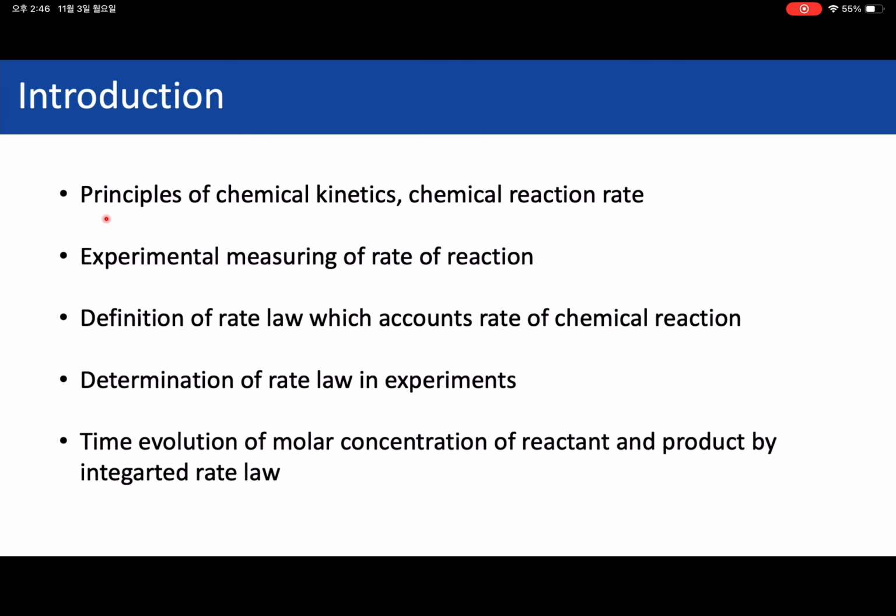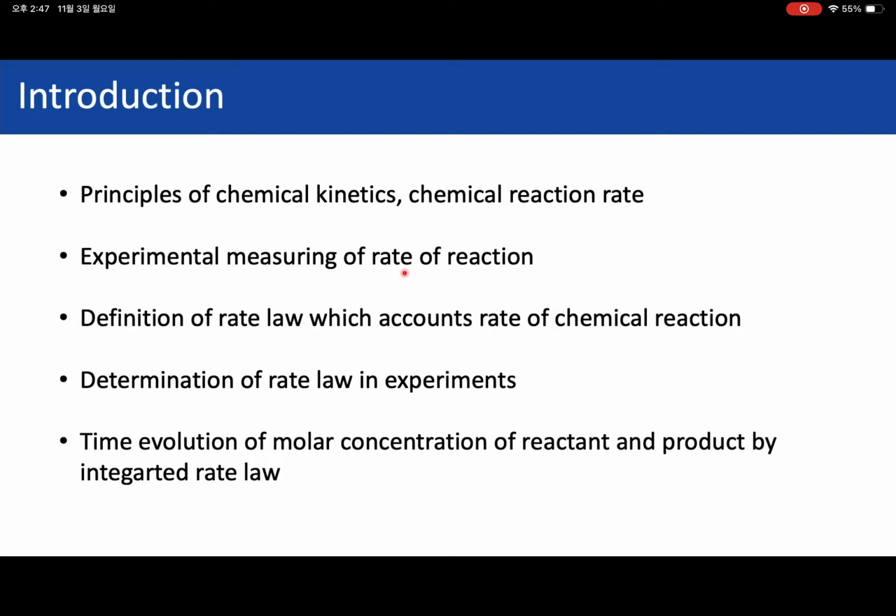Until last week we have learned the motion of molecules in gas or liquid phase, and we have dealt with the motion of molecules on the atomic scale and the relatively large scale, which is the real world scale. For today, we will learn how to determine the reaction rate, and we're going to deal with this reaction rate on a macroscopic scale. For that, firstly, I will introduce some experimental techniques for measuring the rate of chemical reaction